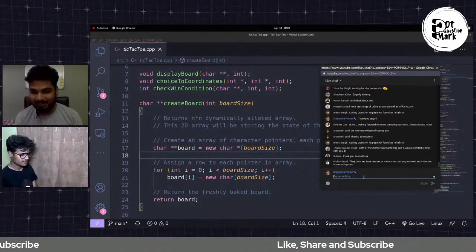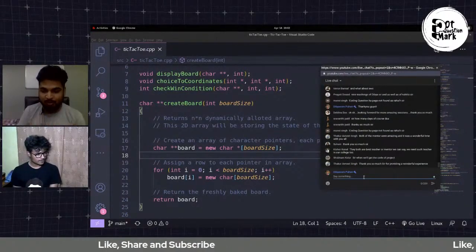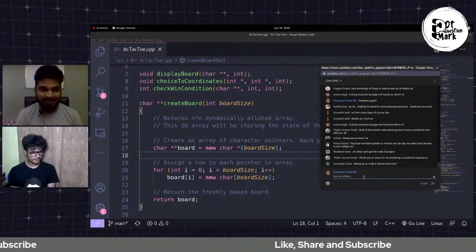Both are the best mentors we can say, we need such. अरे कॉलेज का तो पता नहीं है, but in Dot Question Mark we have such mentors जो आपको ऐसा खतरनाक पढ़ा रहे होंगे आने वाले समय में।